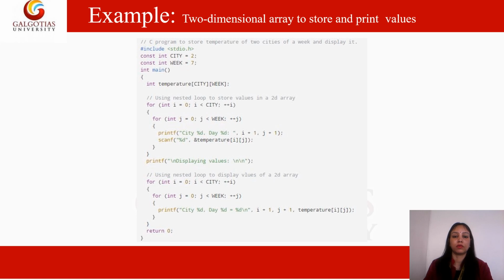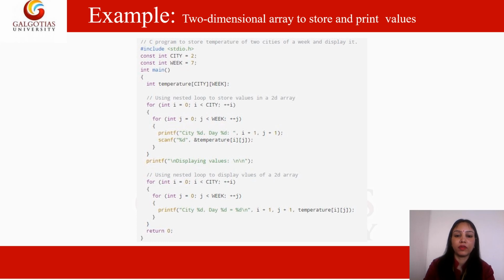So you can see on your screen, for int i equals 0, i less than city. City is your row, and the second loop nested in this is for column: for int j equals 0, j less than week, and week is your column.